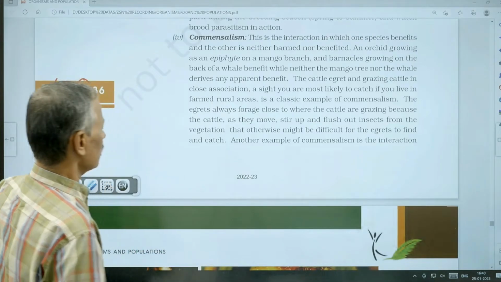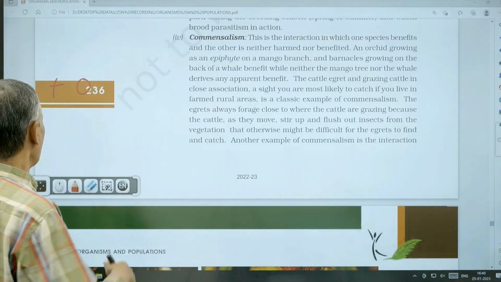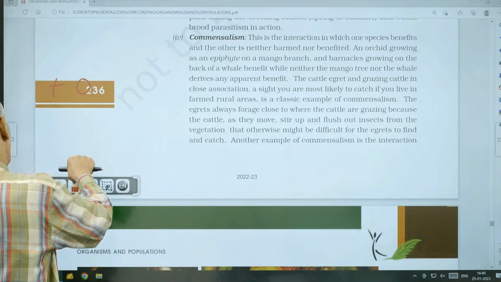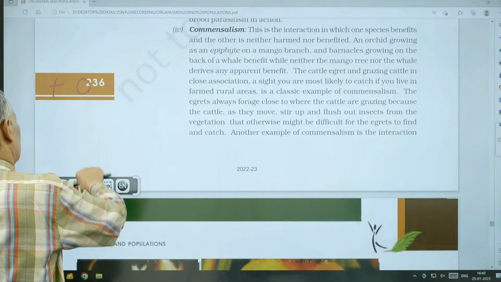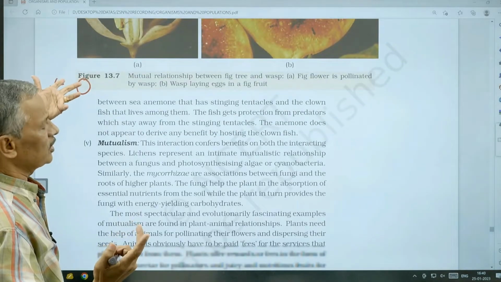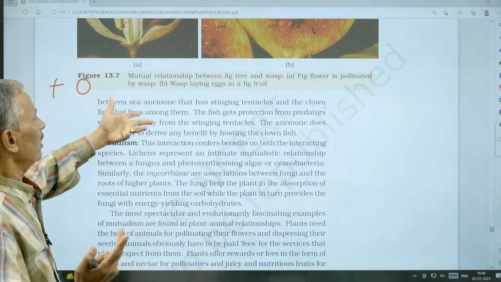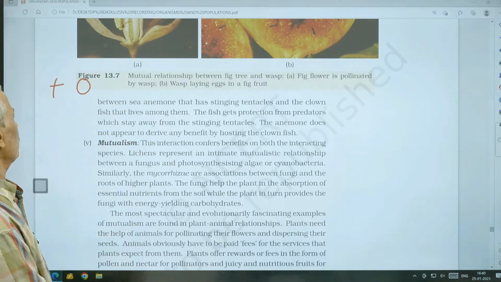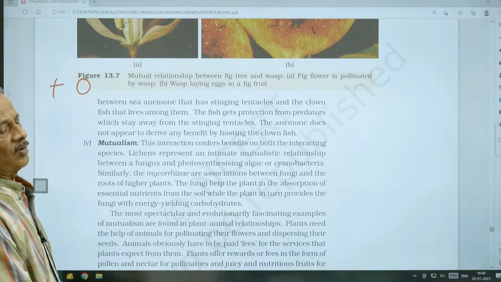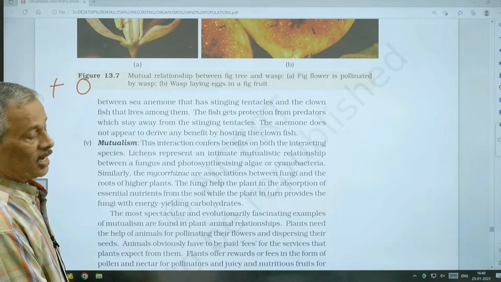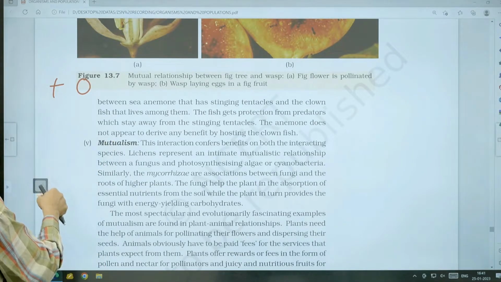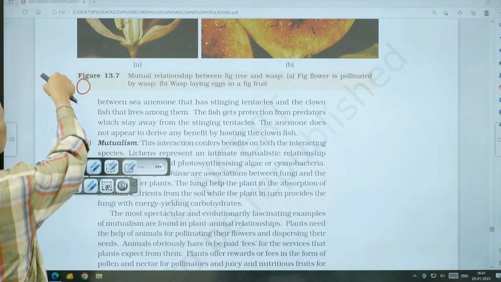Then interaction between the small clownfish and the sea anemone. It is a classical example. Sea anemone is getting no benefit nor harm, whereas the fish is getting protection from predators. So these are all typical examples for what is called commensalism. Here only one is getting benefit. And now the last one we are to discuss is